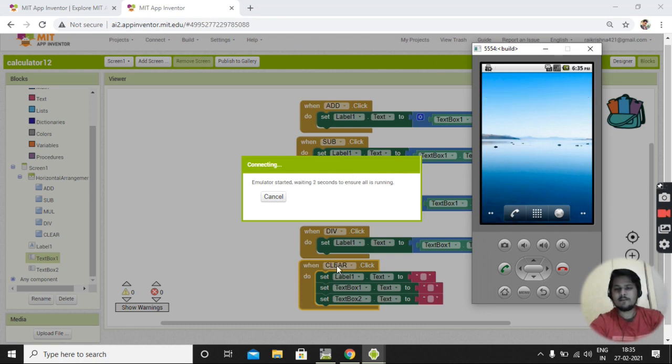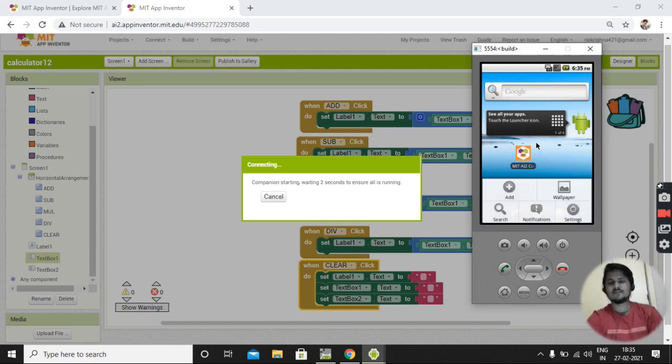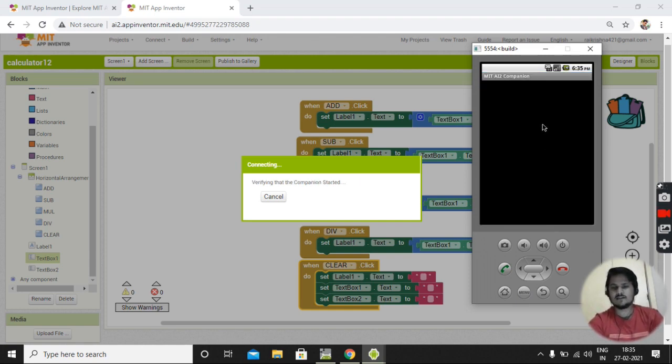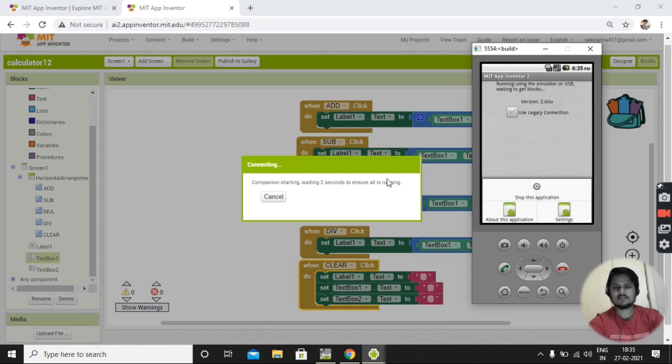Once it opens, we have to input two data and see the output as we have programmed. See the changes. Okay, wait. 4, 3, countdown is going on.